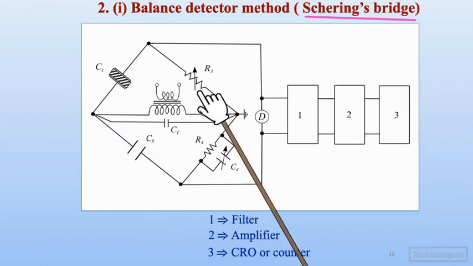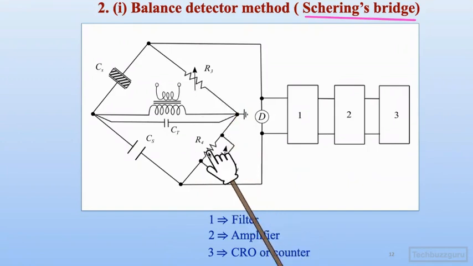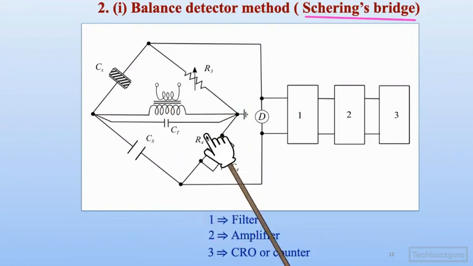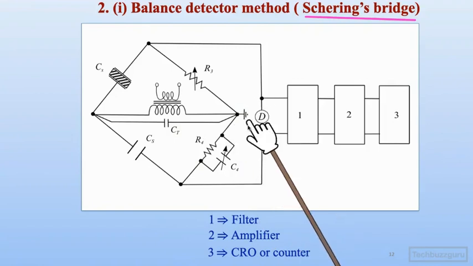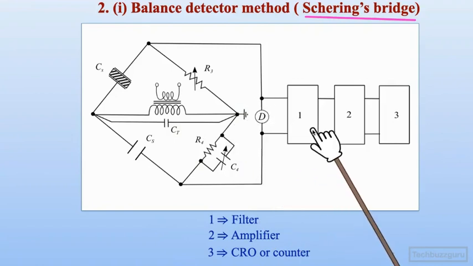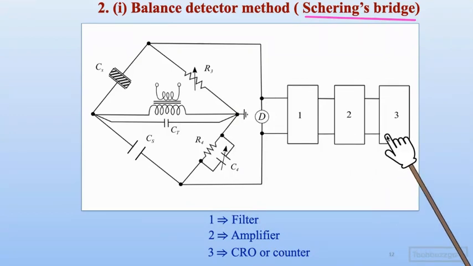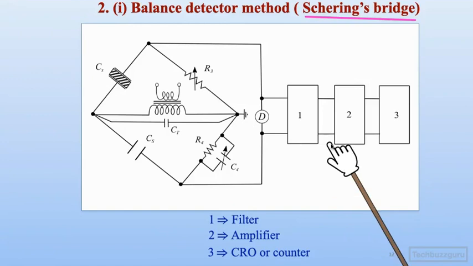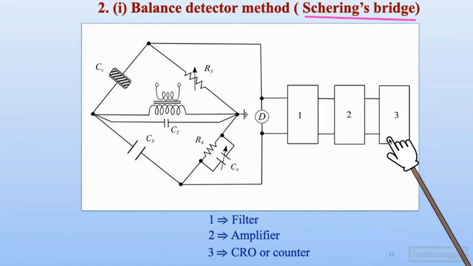These are used for getting that balancing equation, right? So this is a typical shearing bridge, high voltage shearing bridge. But the detector has got additional assembly in the form of a filter, amplifier, and a CRO. This is because a very small partial discharge will take place, so that fine detection can be done only using a filter and amplifier. We have to filter out the noise, and only the pulses will be supplied to the CRO for the purpose of detection. So, the balanced detector method.